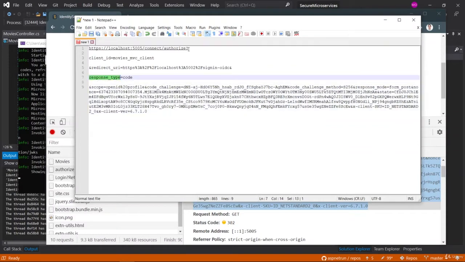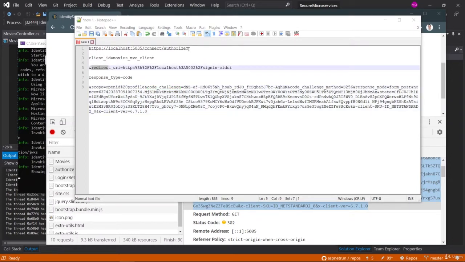As you can see, the response type is code, so that means we are going to protect our OpenID configuration with client credentials, and scope is OpenID, and you will see the other parameters in here. Another important thing is the redirect URL. There should be a redirect URL. Let me find it in here, redirect.